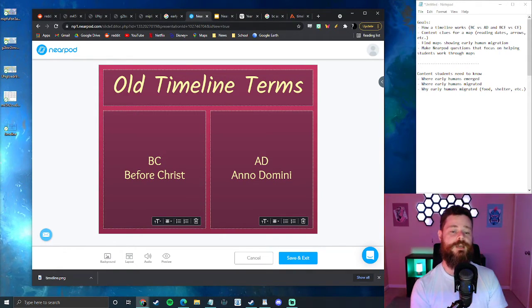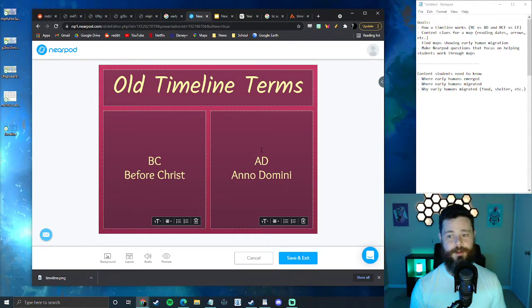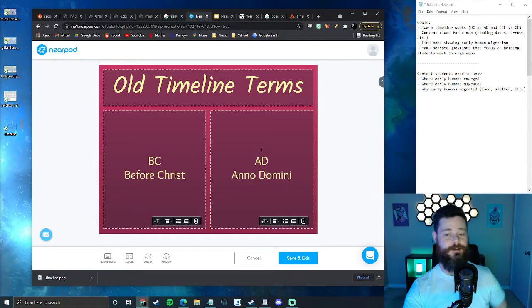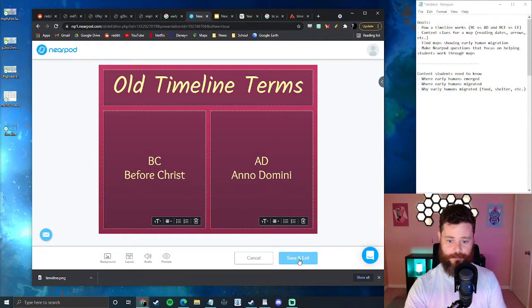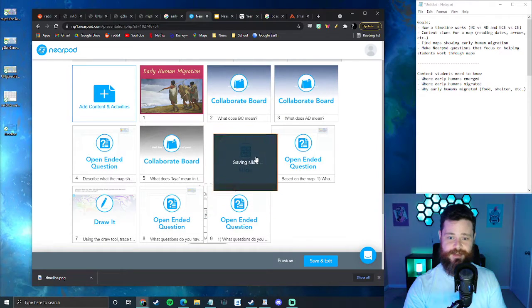And then over time we start to use them interchangeably, BC, BCE, AD, CE, because I've seen a lot of different quiz, test, textbook, review game, even standardized questions that refer to both sets of terms sometimes on the same test. And it is kind of weird, but I have to prepare them for both, I guess. So old timeline terms, and then